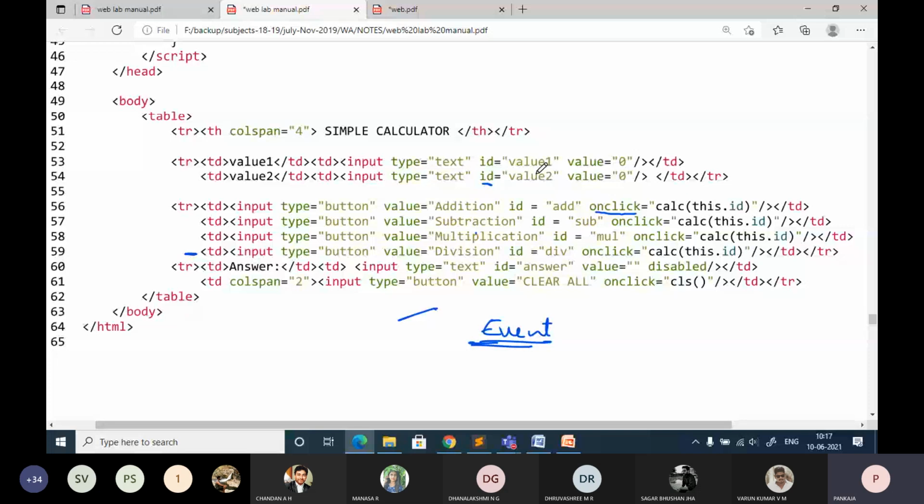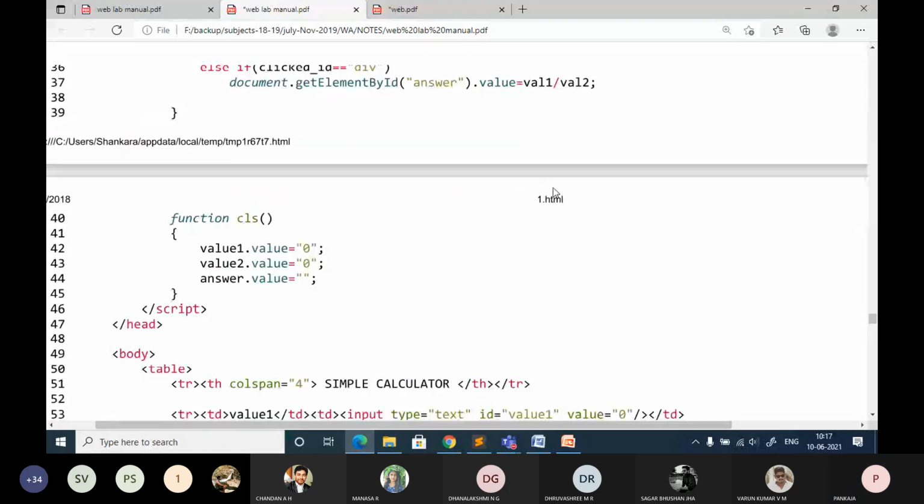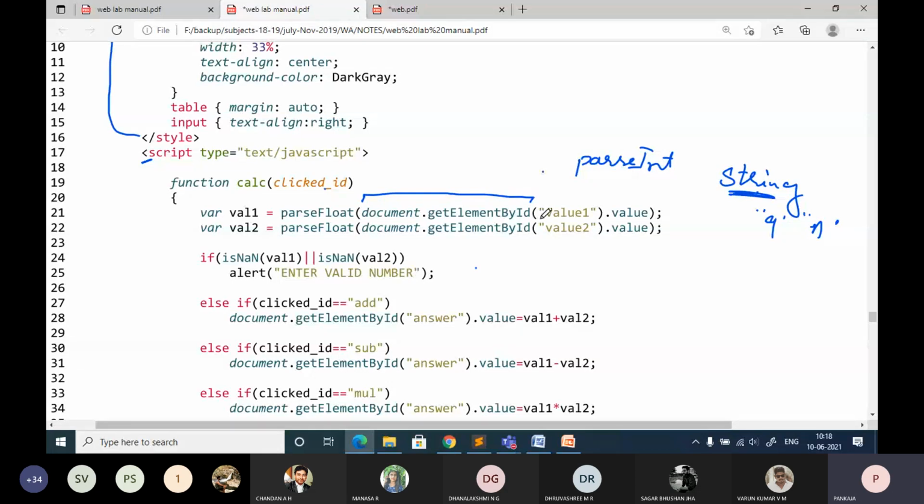So that's why I am using getElementById value1. That means now I am able to access it, and what is the name? It is given here, value. So dot value, I am able to access the first value and store it into variable value1. Similarly for the second text box, I am accessing the element entered using the document object with the function getElementById.